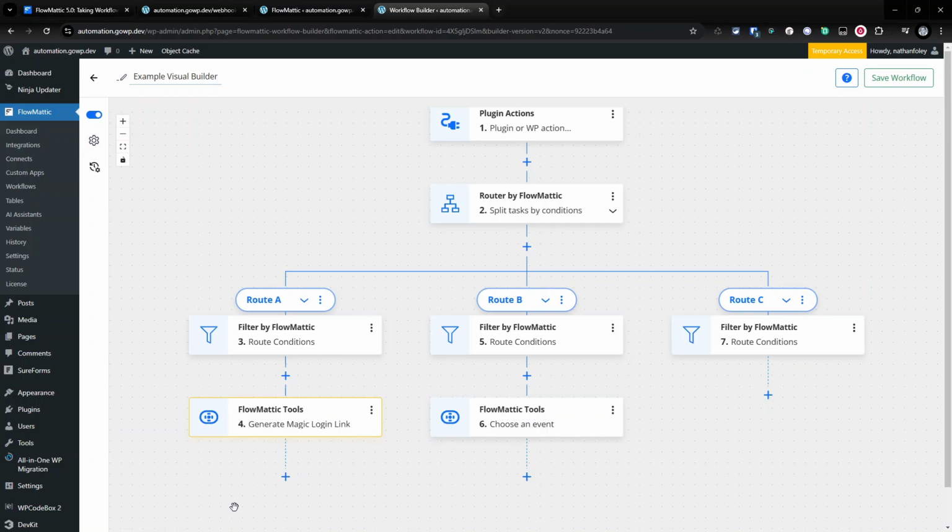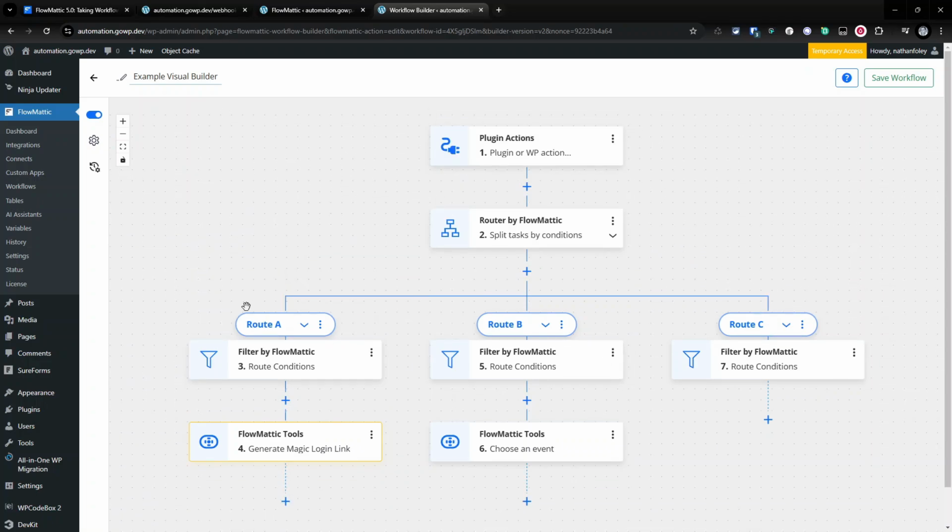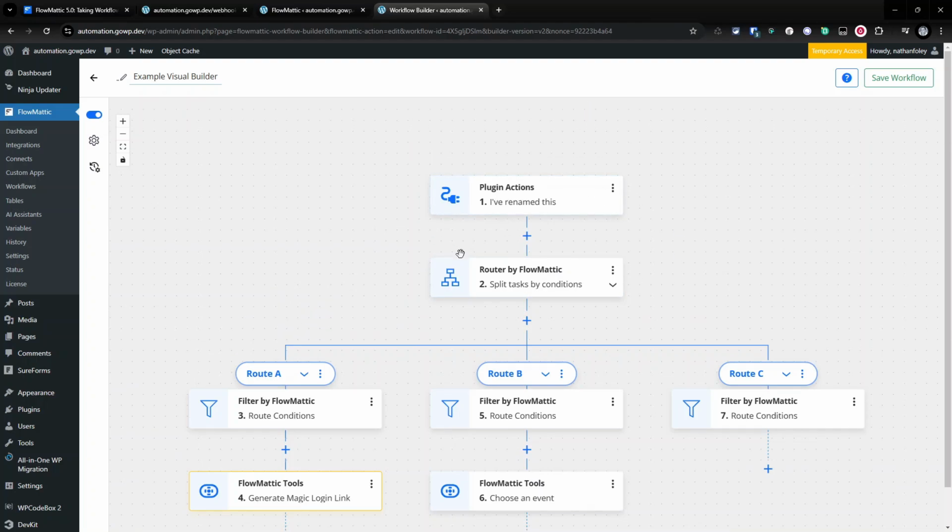Visually, you can see that it's a skip step, which you couldn't have done in the more traditional workflow builder. I think that's really useful, and it's nice to be able to get a router and actually see the individual routes. That's a big advantage of the new visual builder, and it looks good. It really helps in terms of renaming stuff as well. With this, you can see things a little easier when you've done it. So yes, I very much like the new